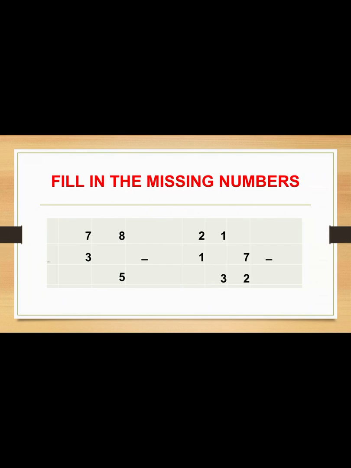Now here, children, you find out there are 3-digit numbers: 21 dash, 21 dash, 1 dash 7, and here the number is 32. So what will be the number in the box? If you do it, 7 plus 2 is 9. So when you do 9 minus 7, it becomes 2. Okay. And here it is 1. And in the answer it is 3. What will be the next number so that you can get 3?